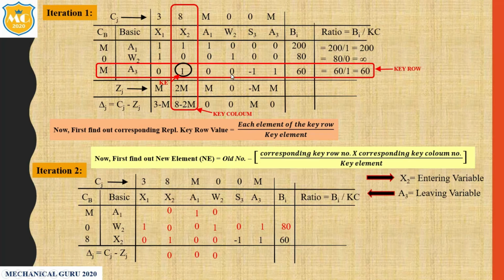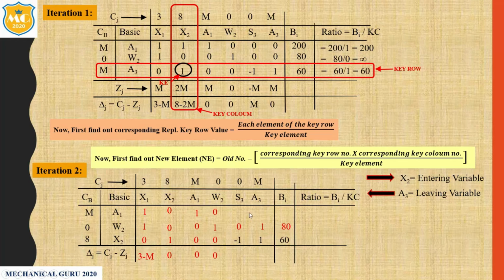As it is. Now next again, find out in a key row, if any 0 in a key row, then column as it is. Okay, so here 0, so this column we have to write down as it is. So this is the technique to solve the big M method. So simple, just write down 1, 1, 0, 3 minus M. Already we get the 2 value, remaining 2 value we have to write down. Okay, again here 0, so we already write down this value. Here again 0. So now can you imagine, total 21 value we have to find out.